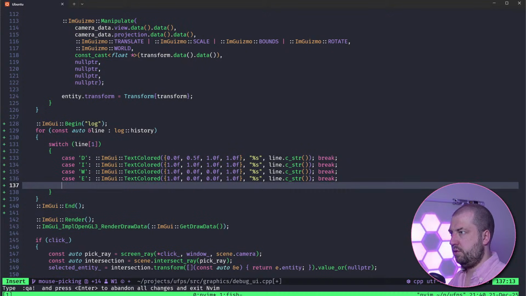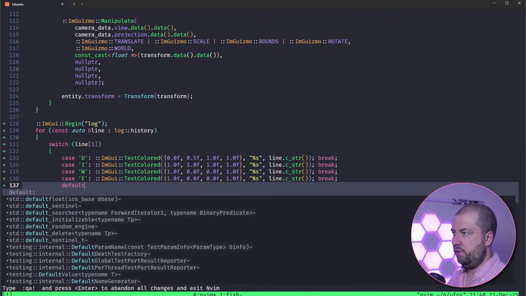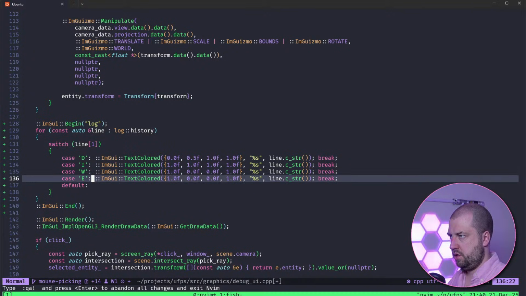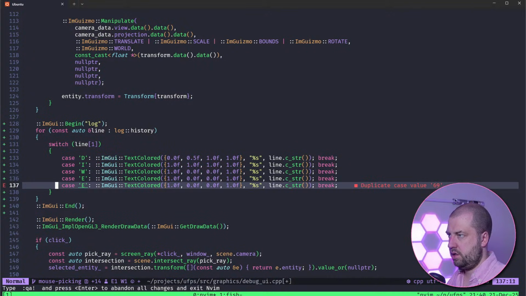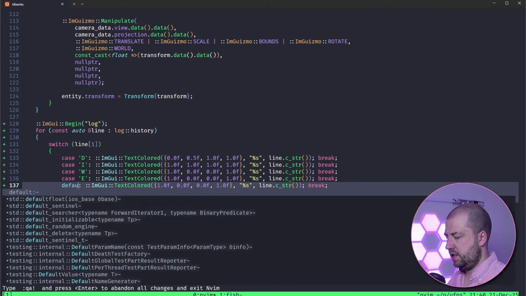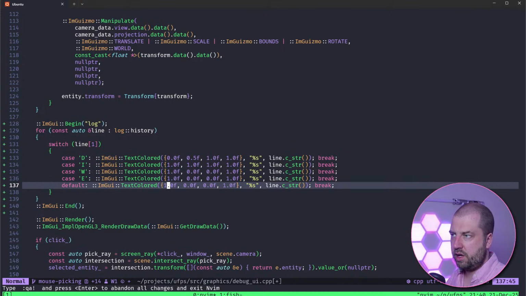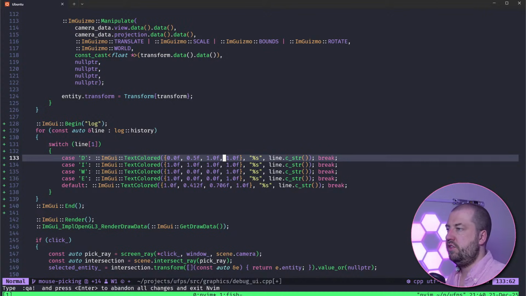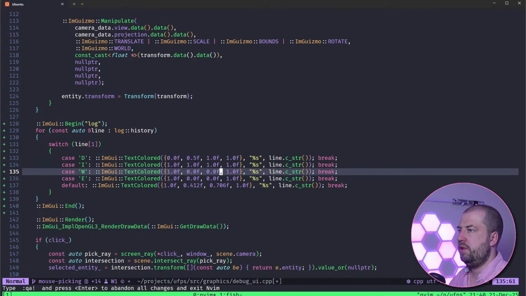I will tell you what we'll do, we'll do default hot pink, which is unlikely to occur, but at least we've got it there in case we need it. 1.0, 0.412, 0.706. So debug will be azure, info will be white, warn should be some sort of yellow, so that's red and